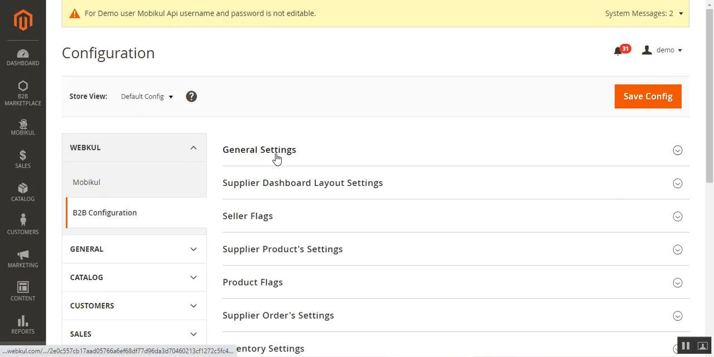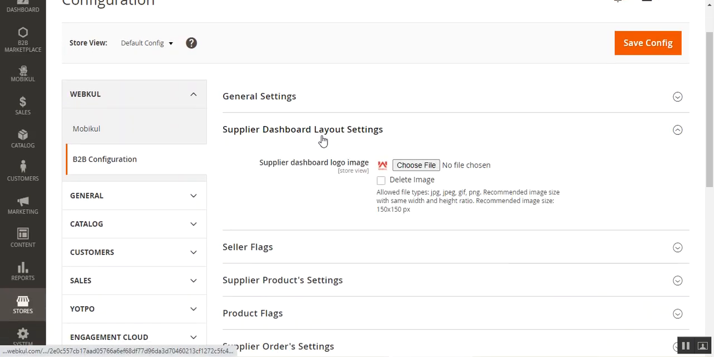So that would be the general settings. Now coming to the supplier dashboard settings. So here the admin can set up the supplier dashboard logo image that would be visible on the dashboard of the supplier there. And here you can choose that particular file, and you can also delete a file that you've